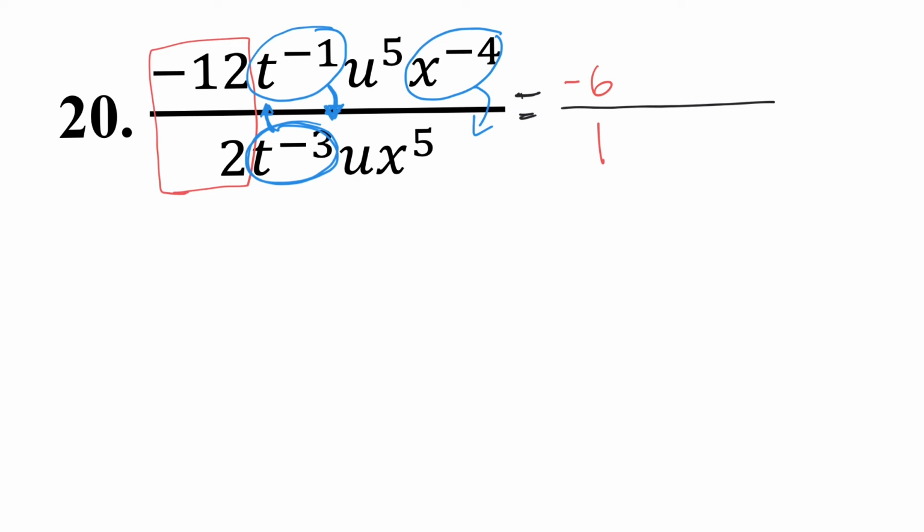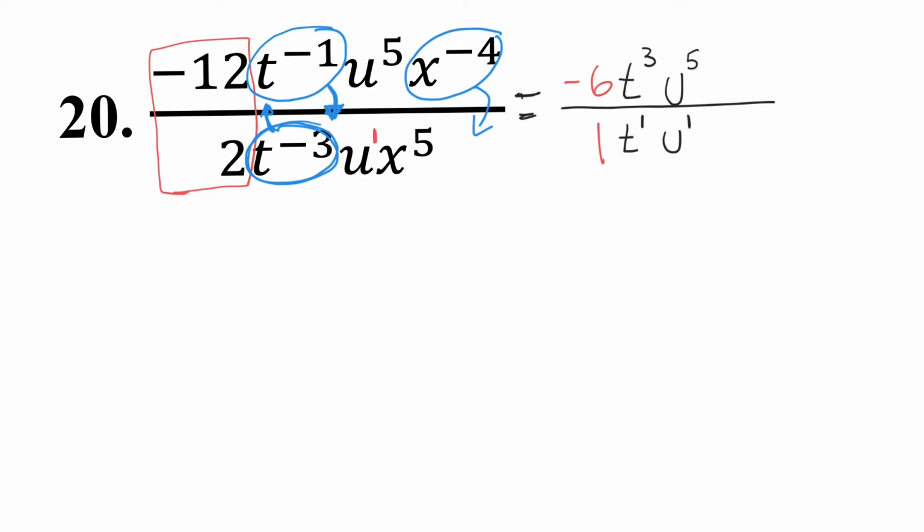So let me move the t's first. So I'm going to have the t to the 3rd on the top. And notice that I make the exponent positive. That's what happens when you move those negative exponents with the base to the other side of the fraction. And the t to the 1st power goes to the bottom and is positive 1. The u's, well, the u's stay the same because they have a positive 5 exponent and a positive 1. Let me put an invisible 1 here so you guys know it has an exponent, but they're positive. So you guys keep those on the same side of the fraction, u to the 5th on the top, u to the 1st